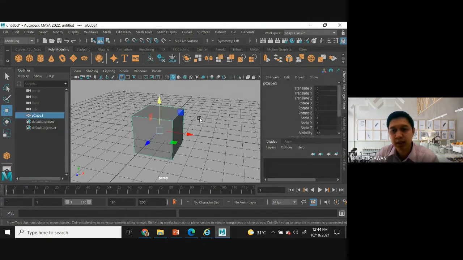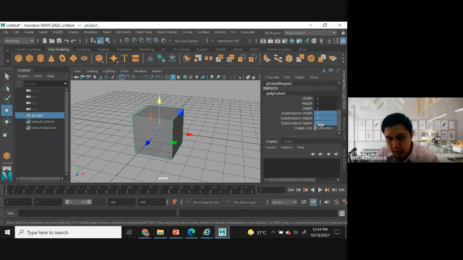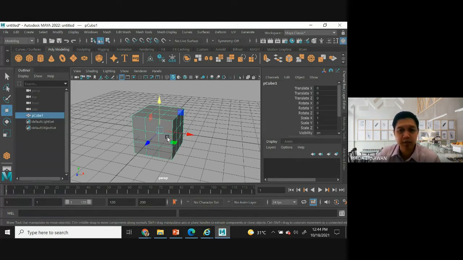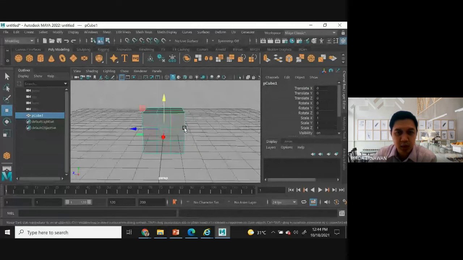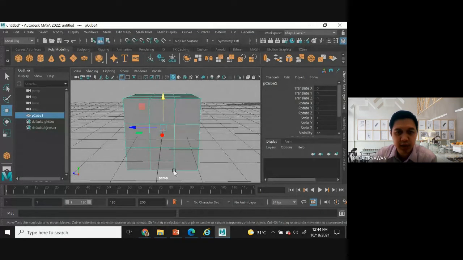All right, I have to select again. Okay. And then I choose the subdivision width, height, and depth here. Let's say I assign 3 to all of these. So now I have a polygon. You also can select and edit this one. If you look at this, how many polygons do we have? 1, 2, 3, 4, 5, 6, 7, 9. 9 multiplied by what? How many faces do you have?